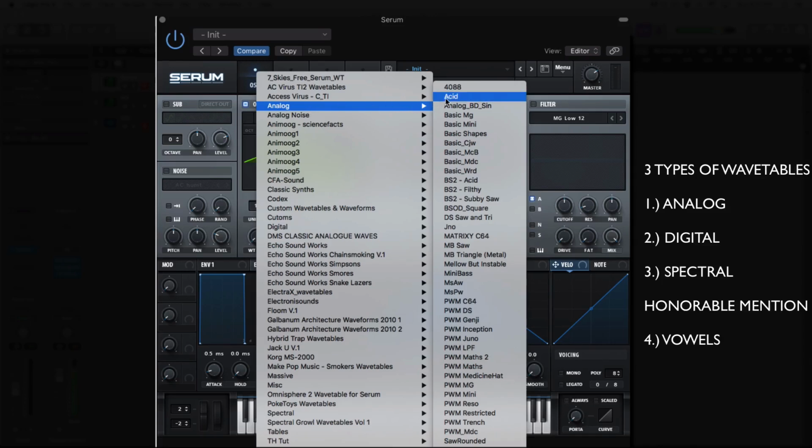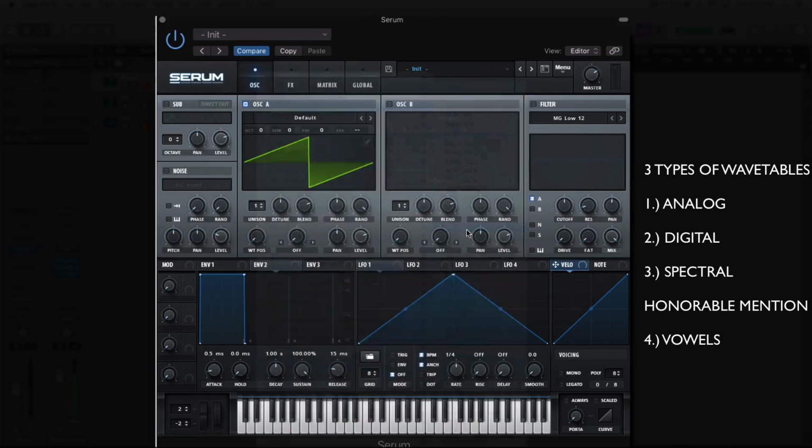Well, analog wavetables, it's interesting because it's a little bit of a misnomer, because a true analog synth uses a waveform, not a wavetable. So digital synths like the PPG Wave were one of the first and one of the most iconic wavetable synths. They were digital. So it's kind of like this misnomer. But for the most part, the analog wavetables in Serum will get you in the ballpark of the source sound or source waveforms of Moog synths, like maybe a Roland Juno, which we can see right here as J and